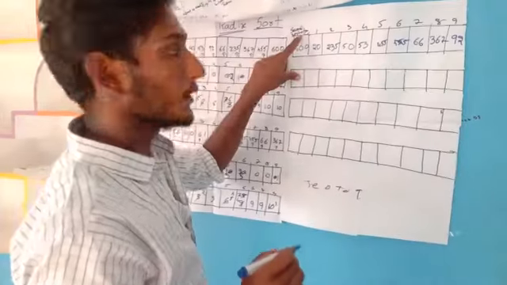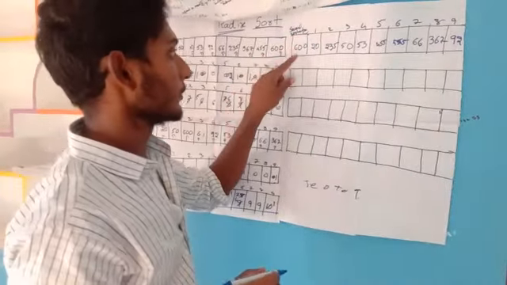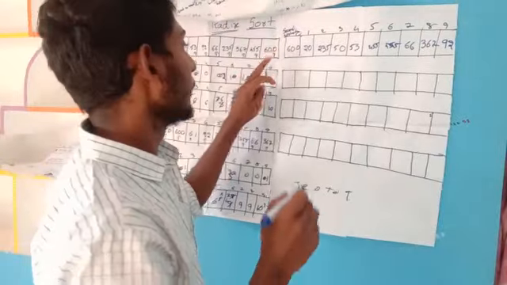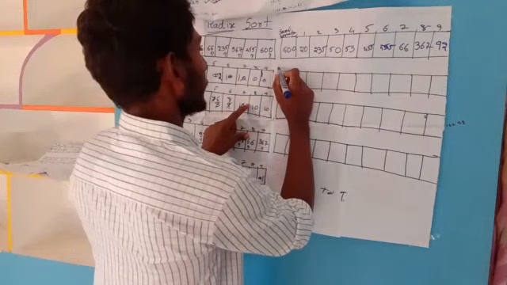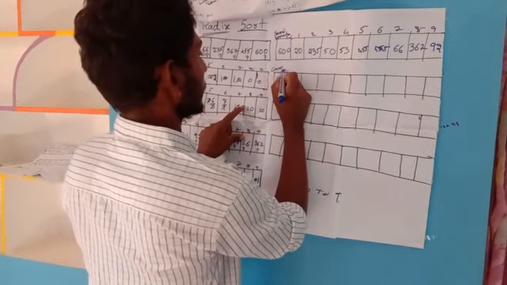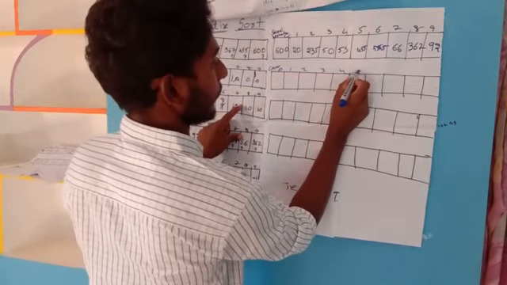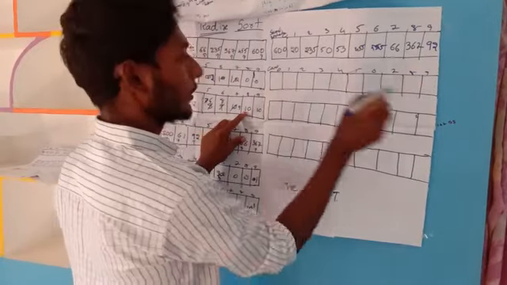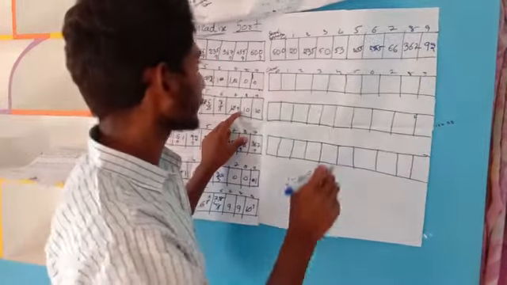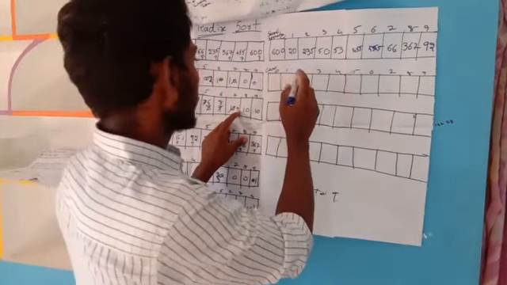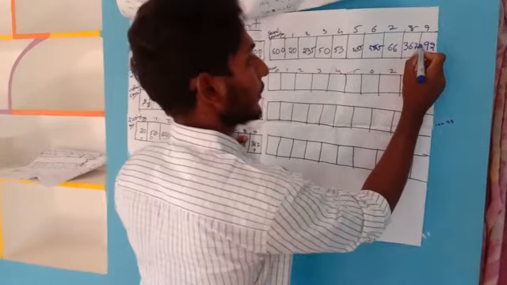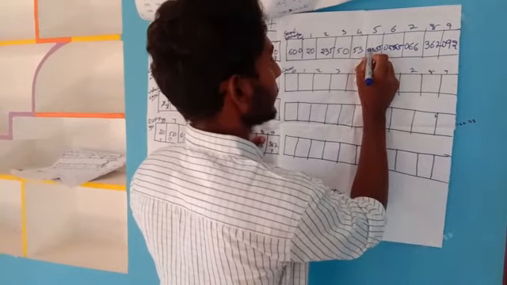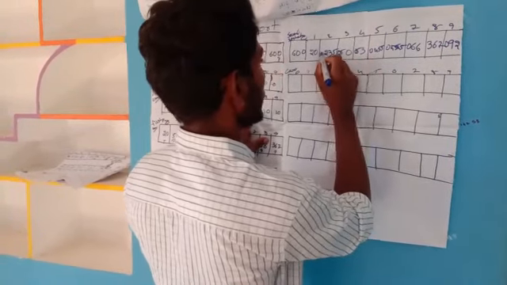This is the second sorting of elements. Second, that is the 10th place sorting of elements. Again take one counting array with all index values 0. Now we have to check this hundreds place.